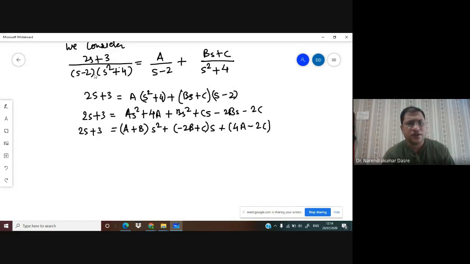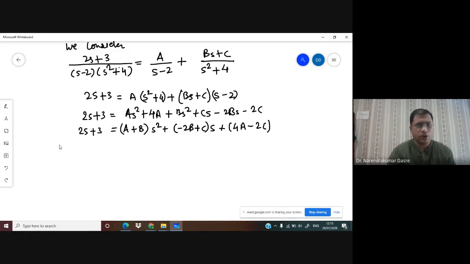Now see, as in the previous example, we had the benefit that all the terms were linear terms, so we could put the value of the linear term and get the value. So here, if you put s is equal to 2, then you can get only the value of a. The values of b and c cannot be obtained by putting some value, and hence we have to go for this method. This method is useful in every case. So please remember this method. This method is useful in each and every case, whatever the numerator we have, whatever the denominator we have.